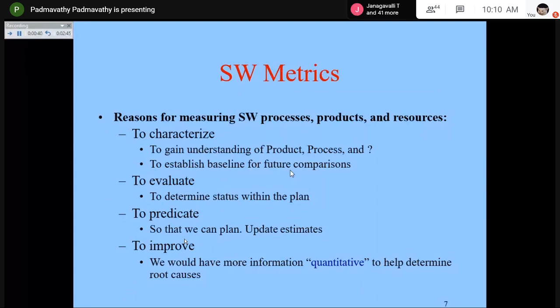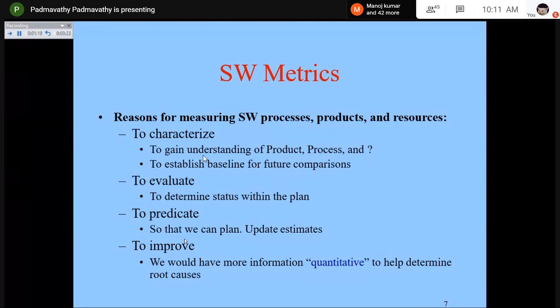So like you will compare yourself in the last CAT exam: what was the mark that your friend got and you got? How much was the mark difference? There is a person who came first and a second. Then once the CAT 2 marks come, you analyze whether you have improved compared to the person in the previous CAT 1 or you have gone down. So to find out where you are standing, so that you prepare to aim for a higher position in the semester end exam. So to characterize, that is the reason we need measuring.